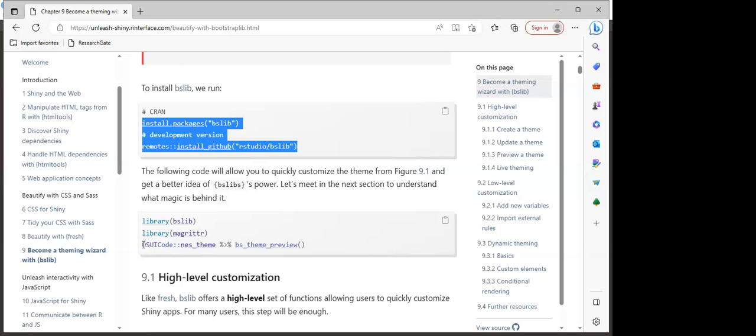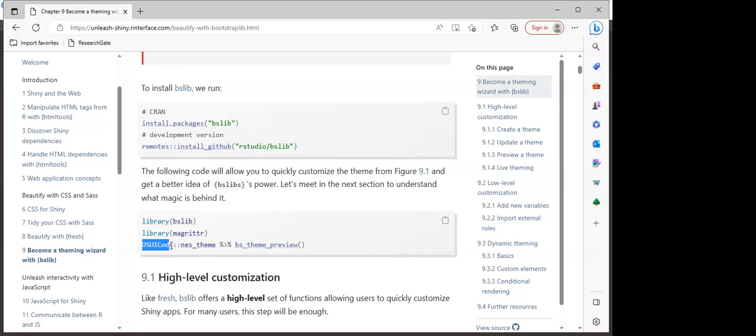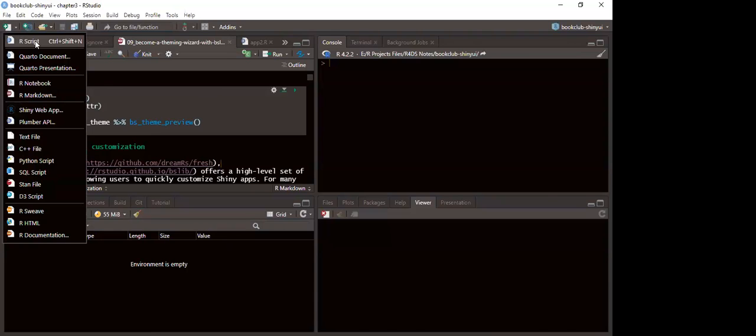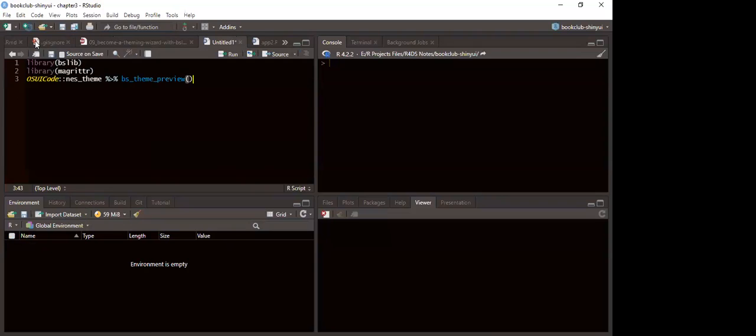So there is this cool function, which is in the bslib package, where we call bs_theme_preview. We can use it to preview all the necessary theme components in our Shiny app. So we just say library bslib, magrittr. Then we can easily preview